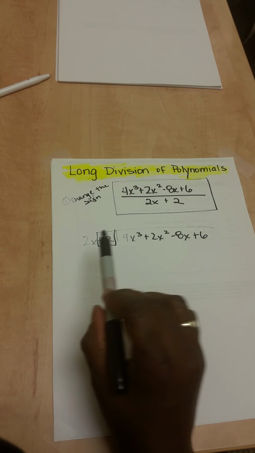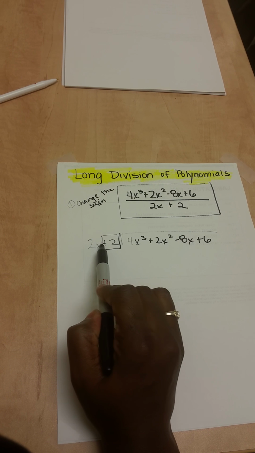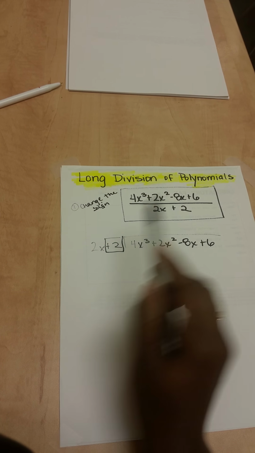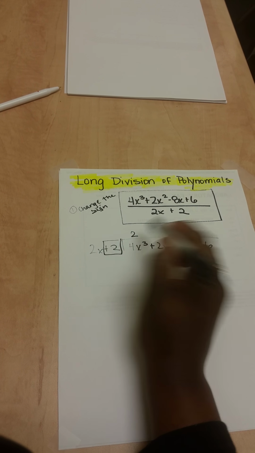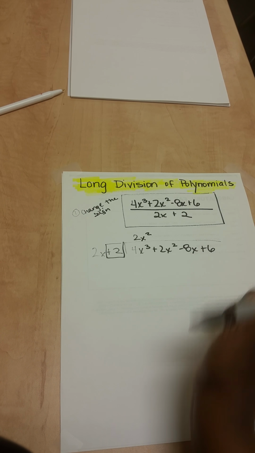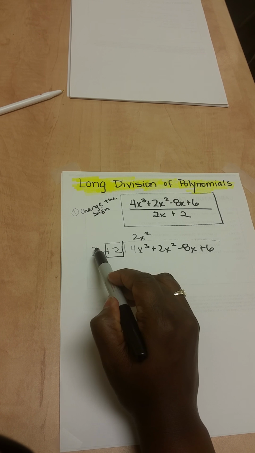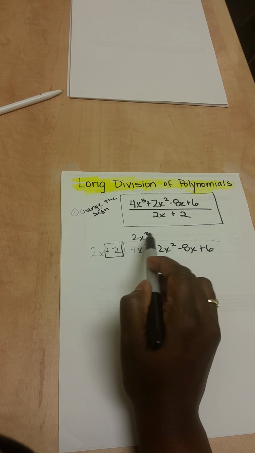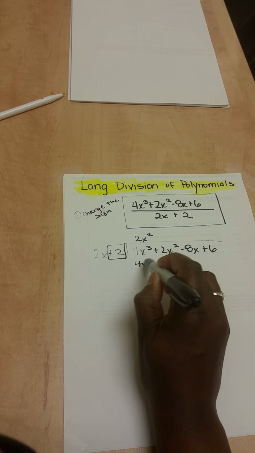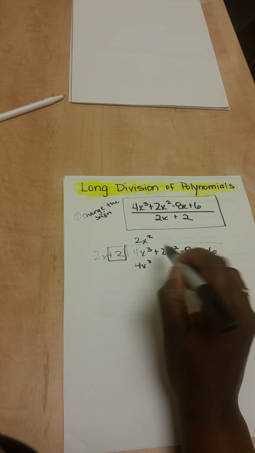All right. So in order to solve this, we look at our first term and we say 2x times what gives us 4x cubed. Well, we know that 2 times 2 is 4, so I have a 2 as a coefficient. And x times what gives me x cubed? Well, that would be x squared. I'll now take this 2x squared and distribute it to each term of my binomial. So 2x squared times 2x gives me 4x cubed. And 2x squared times 2 gives me a positive